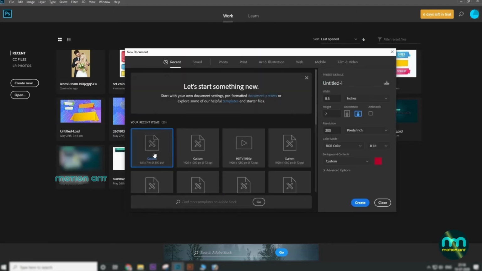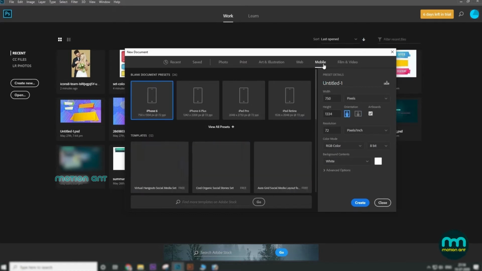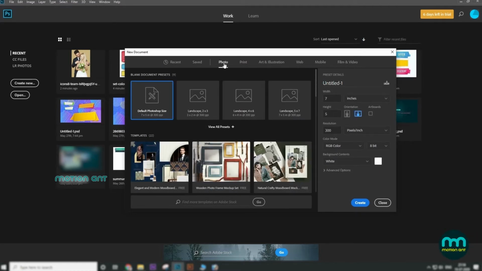To start with a new empty project on your own, this opens the New Document dialog box, where you can choose between several ready templates depending on the category on top, from photo to film and video.